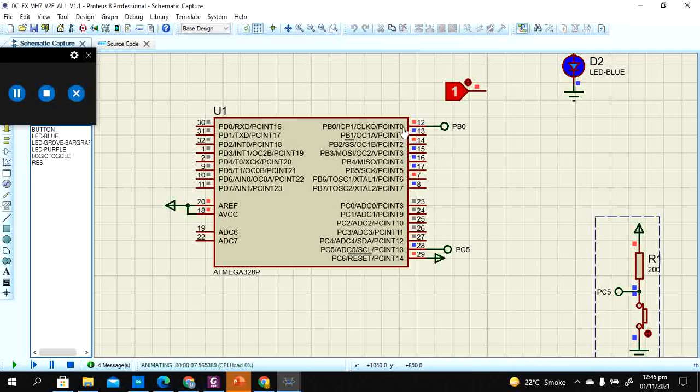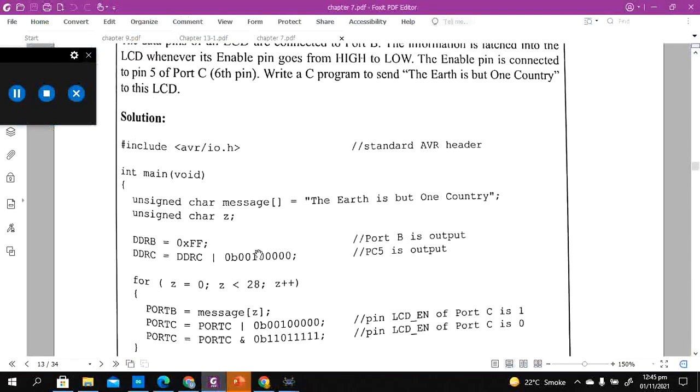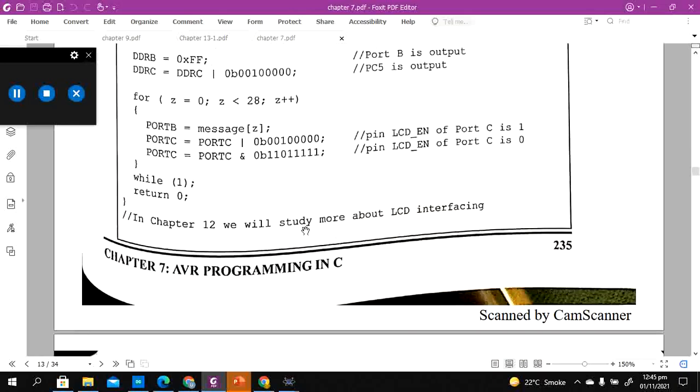All these things are going to be represented here 28 times, and consider that there is an LCD attached to it, and this parallel port is transferring the data to the LCD in parallel, and an enable signal is also latched with this port that goes from high to low whenever the signal is changed. That signal is not visible because it's going at a very high speed. If the delay is more, you will see it more visibly. So we are done with this example.